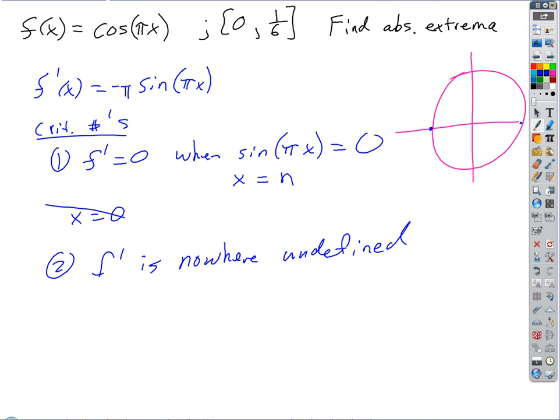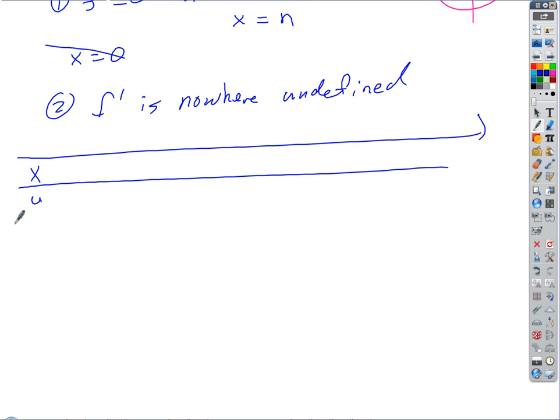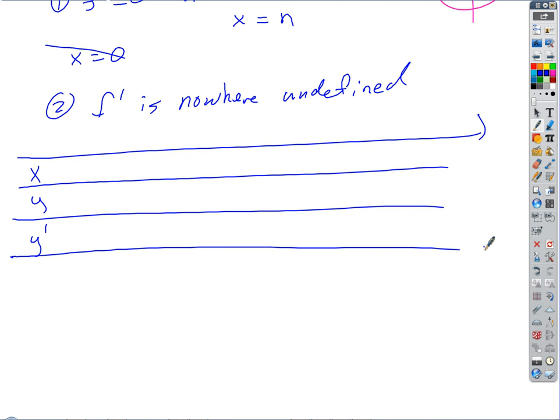So our table would just look like this. There's the x-axis. Make a column for y. And a column for y prime doesn't really do anything there, but it could if we had interior critical numbers. And then our domain went from 0 up to 1/6, so there's my interval on the x-axis, and there were no interior critical numbers. If we wanted to include that 0 there, we could, but it doesn't really do anything for us because we're going to check those endpoints anyway. And then all we do is just